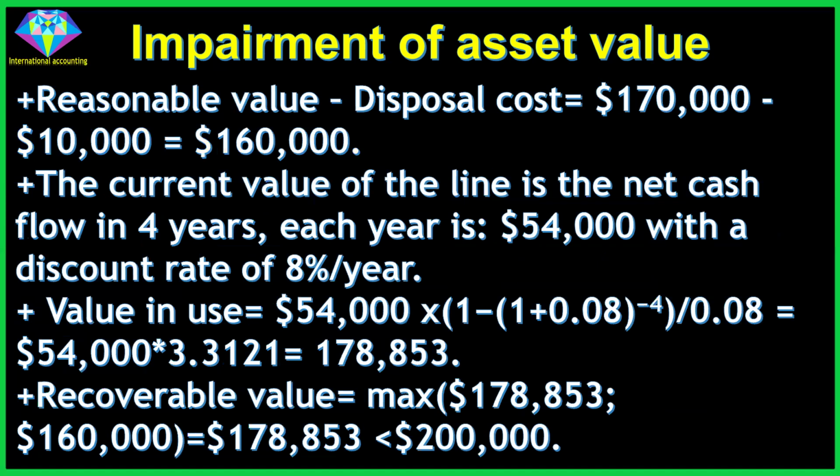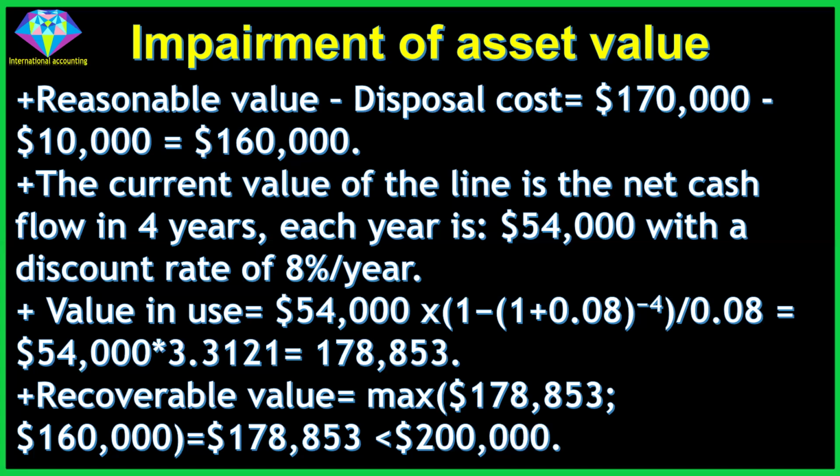Fair value minus disposal cost equals $170,000 minus $10,000 equals $160,000. The present value of the line is the net cash flow in 4 years. Each year is $54,000 with a discount rate of 8% over 1 year. Value in use equals $54,000 multiplied by (1 minus 1.08 to the power of minus 4) divided by 0.08 equals $54,000 multiplied by 3.3121 equals